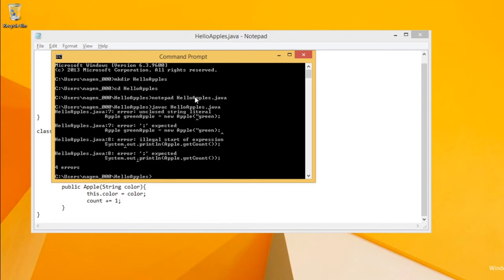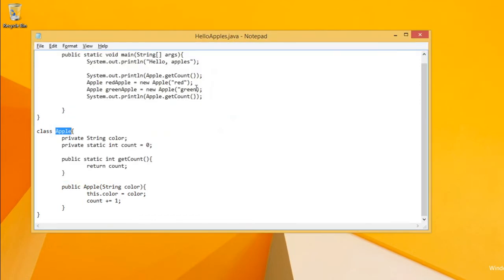Let's compile using Java. Okay, I made some typo here.